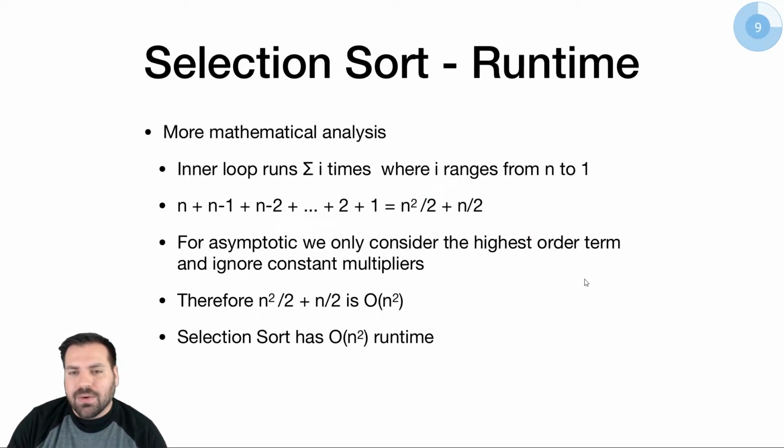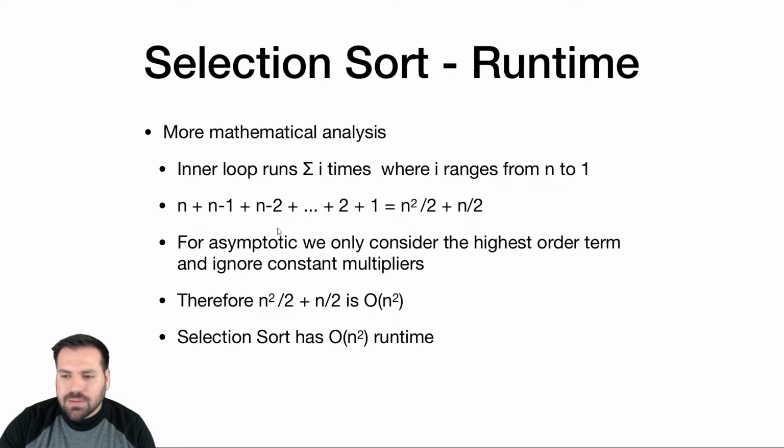If you don't like how hand-wavy I was with that runtime analysis, I said the inner loop is worst case O of n, but only one time is it going to be actually n. Most of the time it's going to be less than that. So let's get a little more mathematical. I won't get too mathematical in this course, but let's get a little more mathematical. Since I use apply twice,